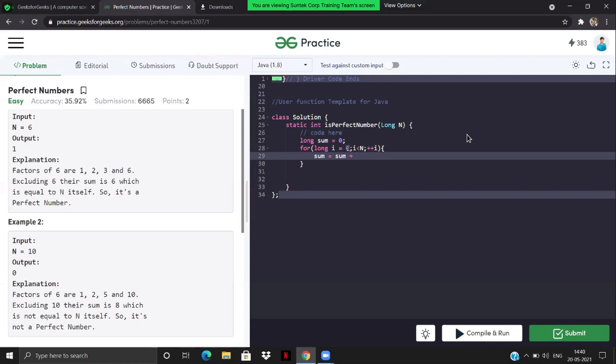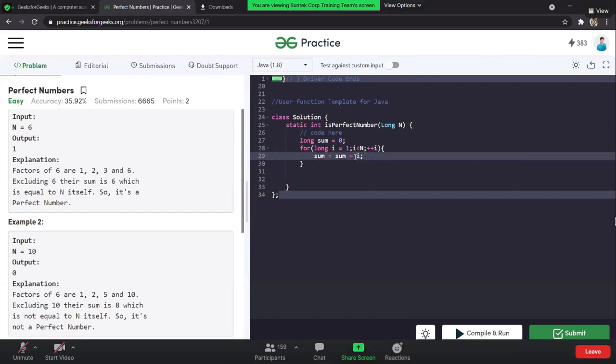What should we do? Should we start from 1 till the end? Correct. So let's try it out that way. Right? Should we start from 1 or should we start from 2? Or maybe we can just include i. Let's forget about this. We can just sum up the i. That's easy.